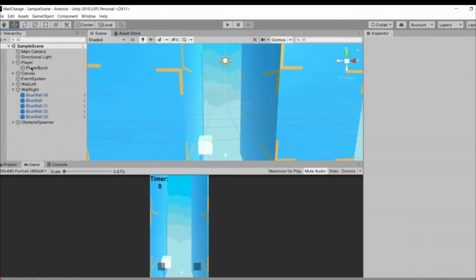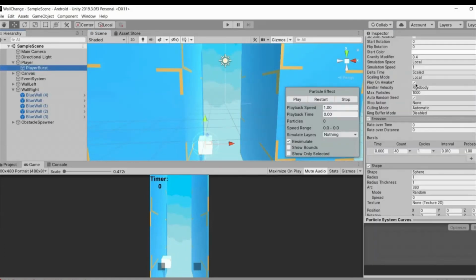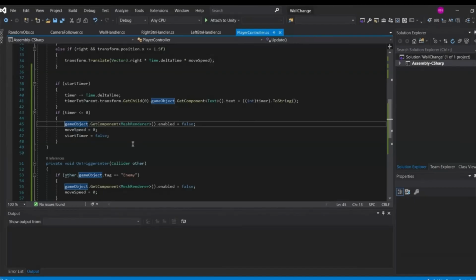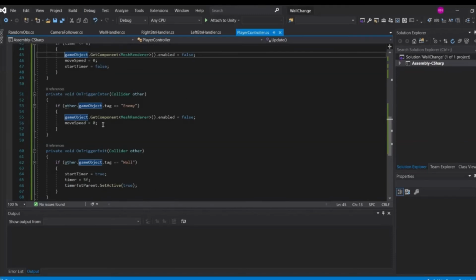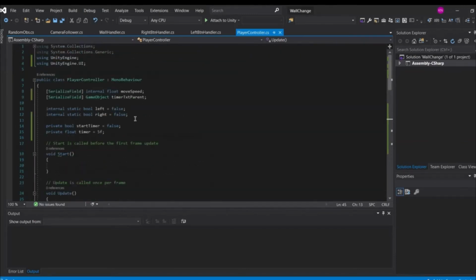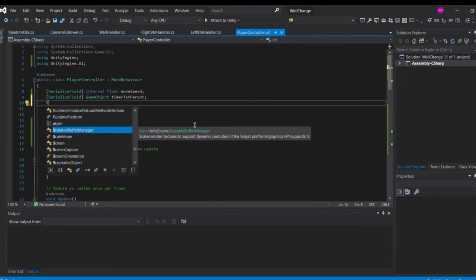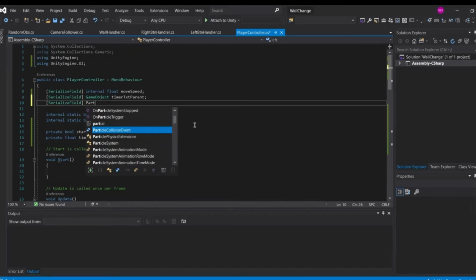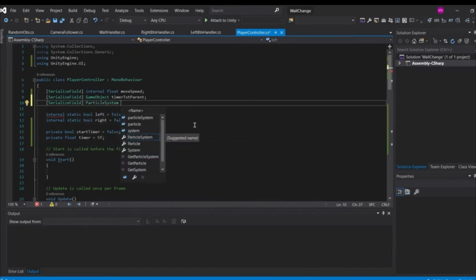With that said guys, uncheck play on awake and go inside the player controller script. Over there, when we die, we have to trigger that particle system to play. So type in serialized field. Okay, it should be serialized field, by the way, not selection. Serialized field particle system, and the name should be player burst